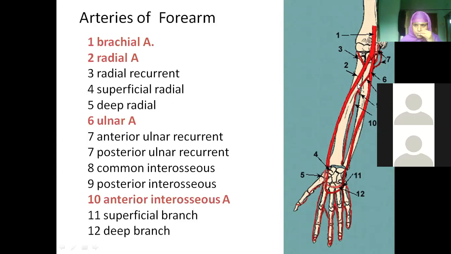See here, beta, this is the common interosseous, number 8. Which artery is it coming from? This is the ulnar. From the ulnar you have the common interosseous. What is the membrane present between radius and ulna called? Interosseous membrane. In front of the interosseous membrane, what is the name of the artery? Anterior interosseous. The one which goes behind, number 9, is the posterior interosseous. If it is coming in front, you use the word anterior interosseous. If it is going behind, you use the word posterior interosseous. Number 10, whatever has been shown here, is anterior interosseous.